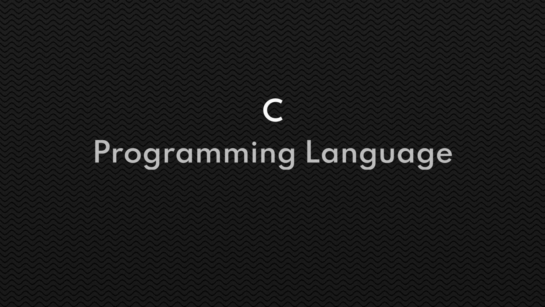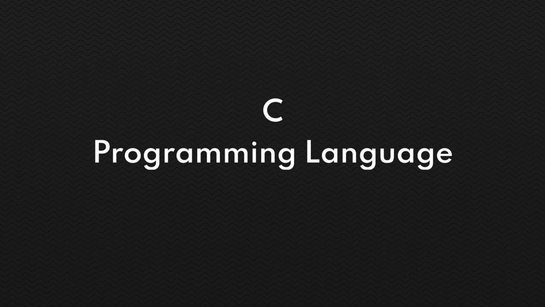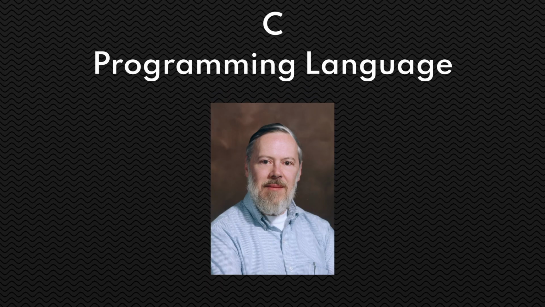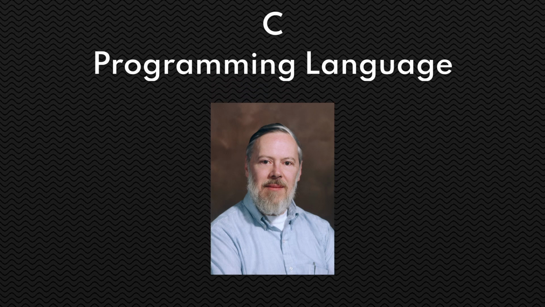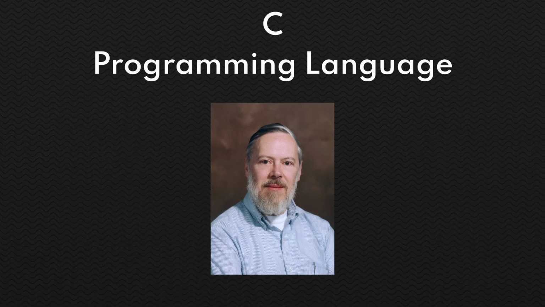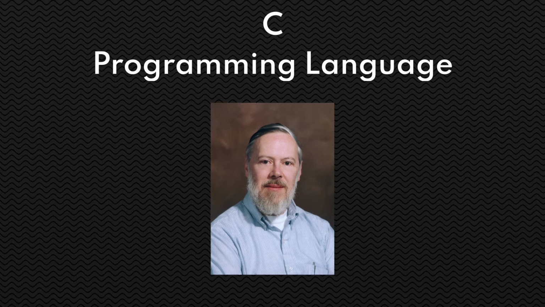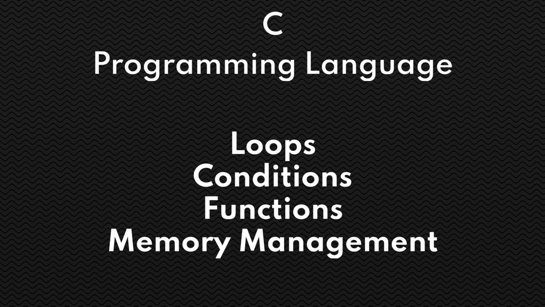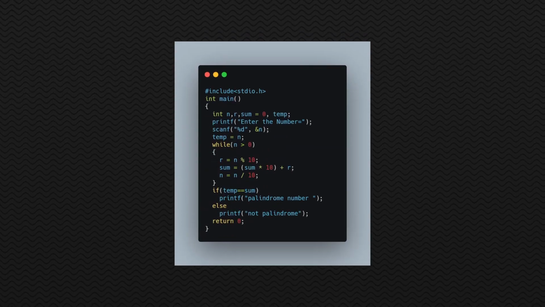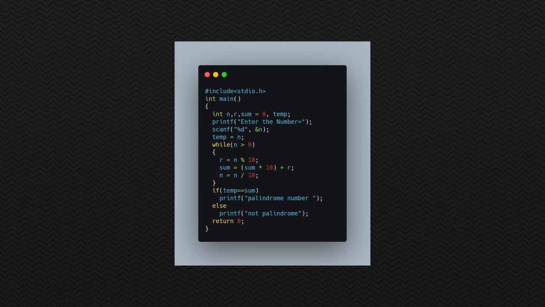C is a general-purpose language that was developed in 1972 by Dennis Ritchie, who had already worked on several other projects and languages. It's much more readable than languages in the previous layer and abstracts several concepts, things like loops, conditions, functions, and even memory management. Even if you don't know how to program, just by looking at the code you can understand the basics.